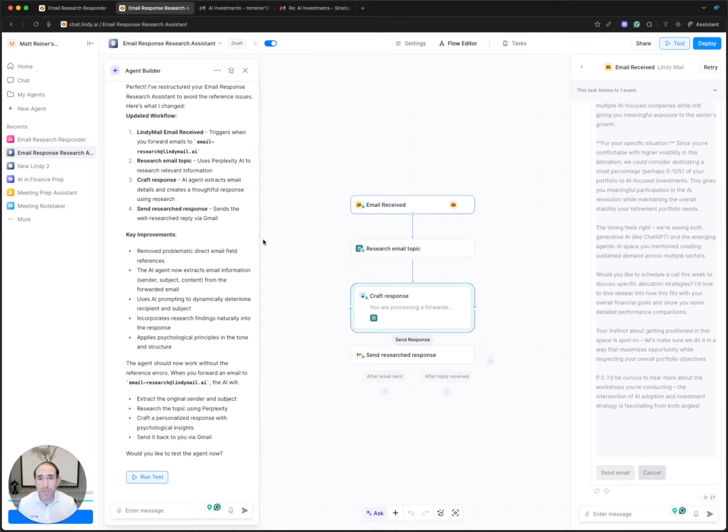I basically forward it to that same email address. I save it as a contact. I forward it. I get it back and I respond to the client. And all that happens within just a couple of minutes. After a 20-minute investment, I now have these really great responses in less than a minute. And that is the power of agents.